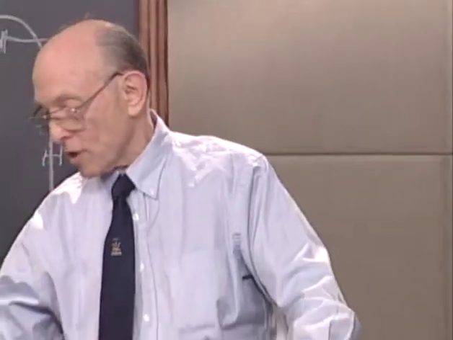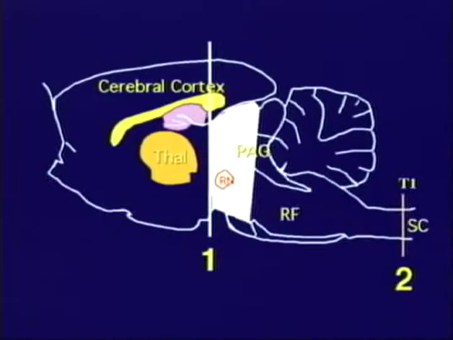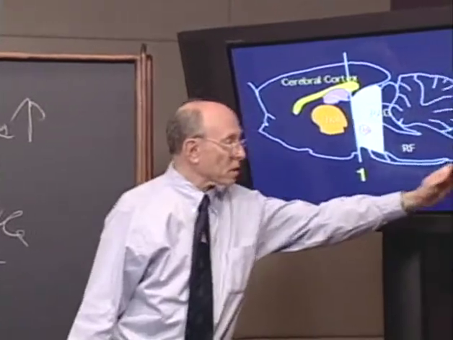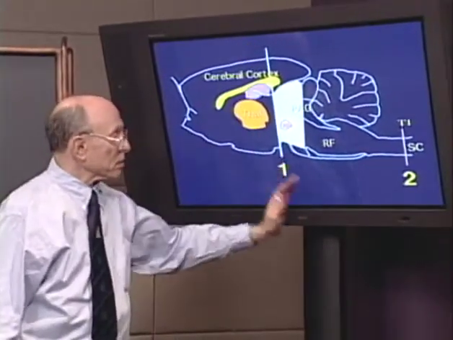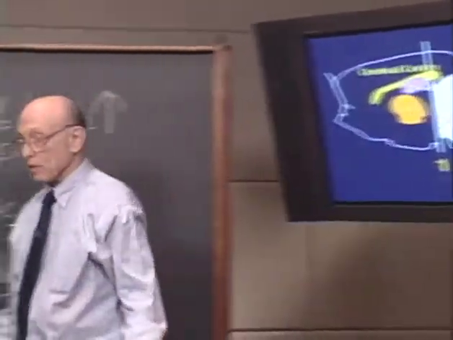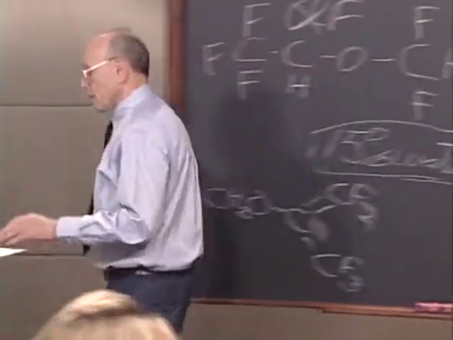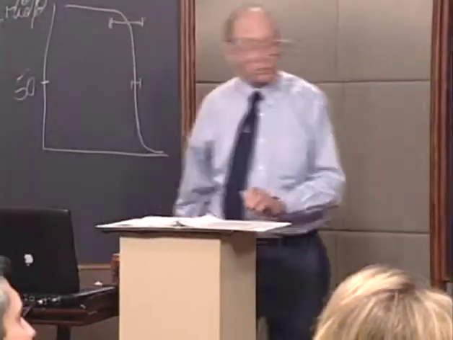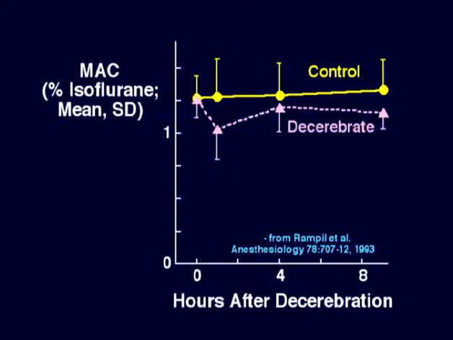This is an illustration from Rampel's work showing the two places that Rampel cut the connection between higher centers over here in a rat and lower centers over here. There's one section, and here is the second section. And then, as was said, what Rampel found was that when you severed the connection,